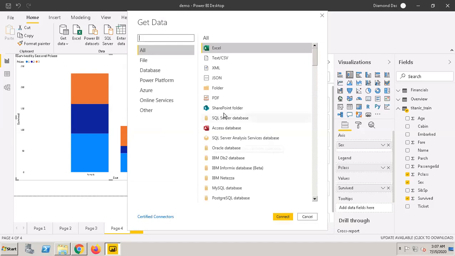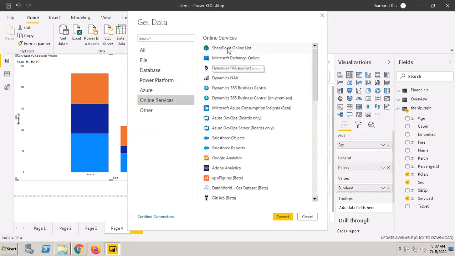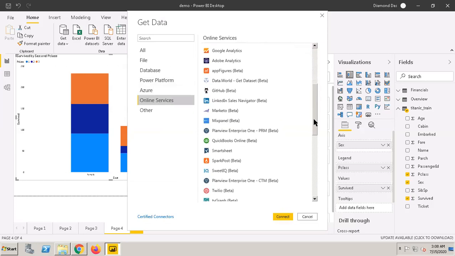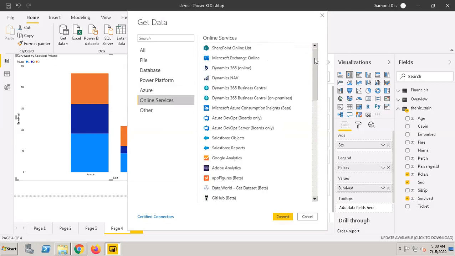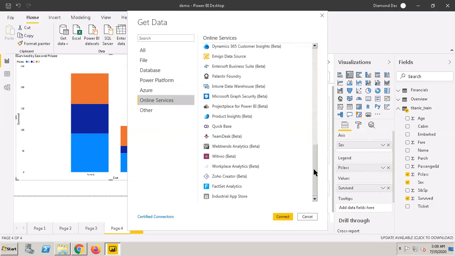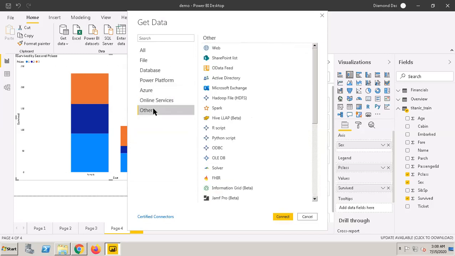You can connect to a SharePoint folder directly, or if you go to online services, you can directly connect to a SharePoint Online list, or even SharePoint sites. There is also a web option you can use to connect to SharePoint sites. SharePoint list or SharePoint web, you can always use those to connect.